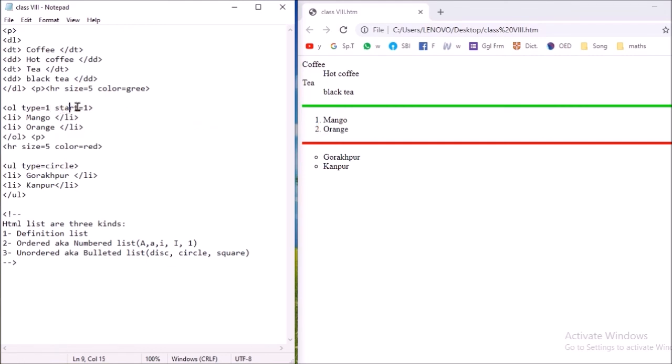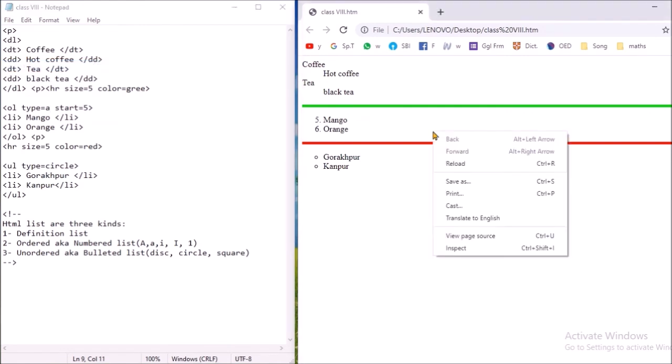Now start means if you write 1, then it will start from 1. If you write 5, then it will start from 5, 6. You can see 5, 6. So if you give type, suppose you give small letter a, then save it and reload it.